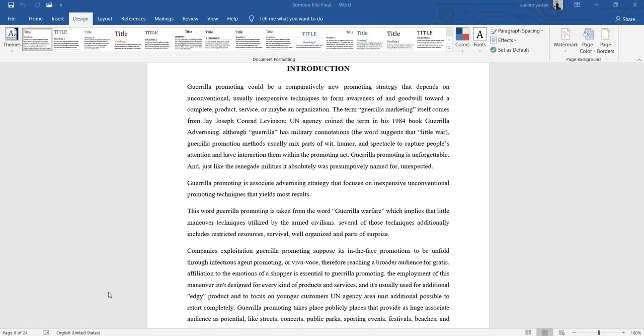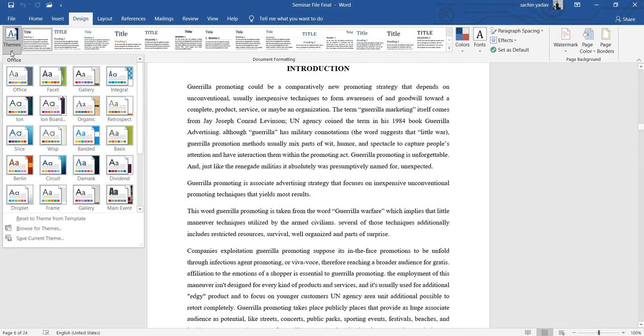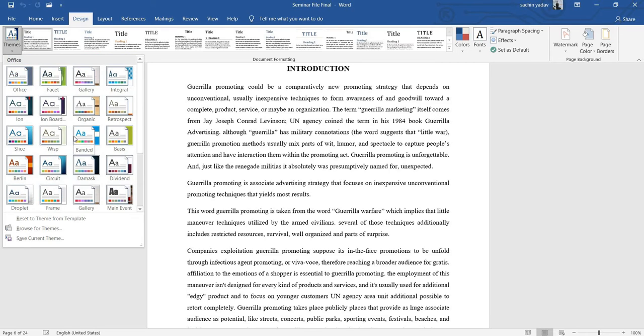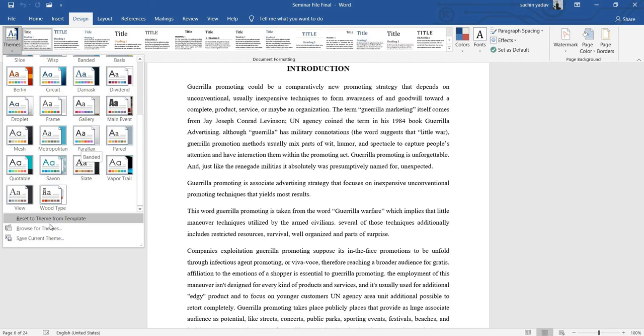So here in this video, episode number 7 of MS Word, I'm going to teach you about the design tool, and what are the options available for you in this design tool tab. So here you can see different themes available, by which you can select different themes. There are many different themes for your project, and you can select any one theme according to your choice and whatever you want to make for your project.